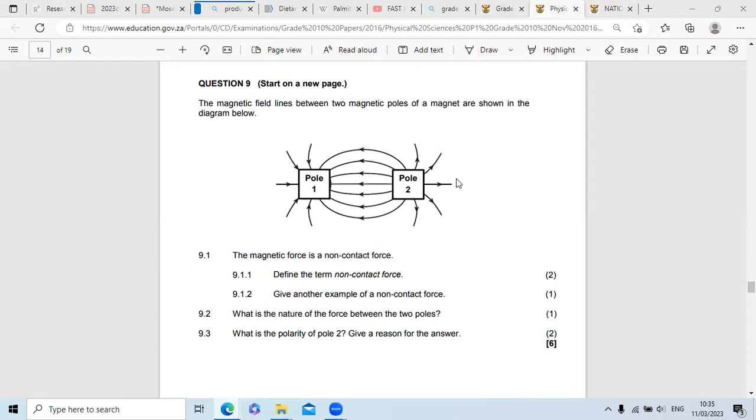Must I define it? Yeah. A non-contact force is poles that do not touch each other in order to have a magnetic force. No, here we're talking about magnetic fields, but we have to talk about it in terms of a force. So, I think you have to say a non-contact force